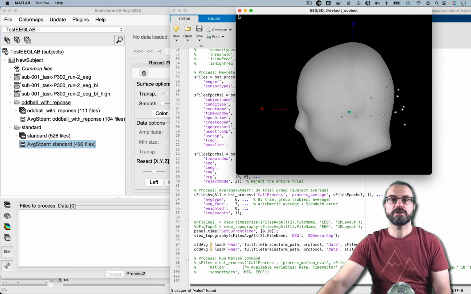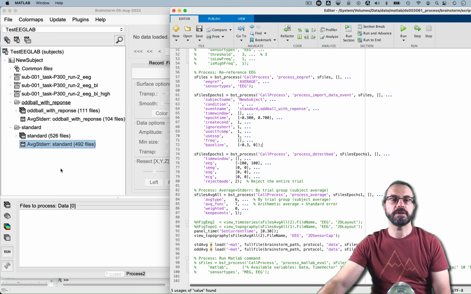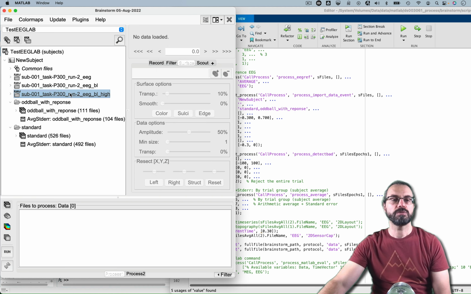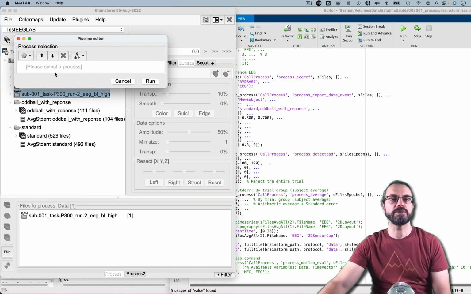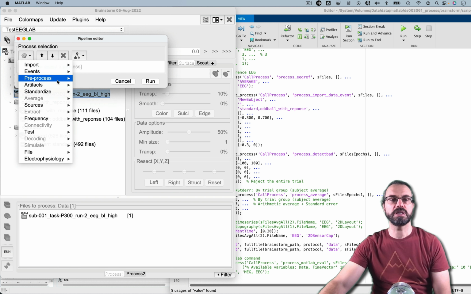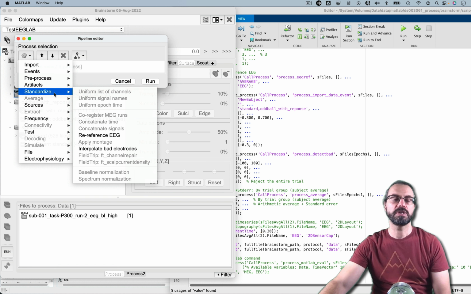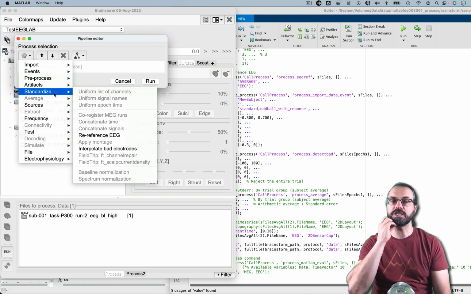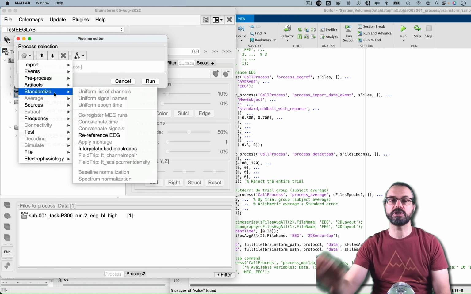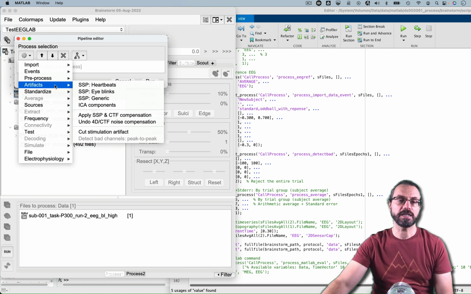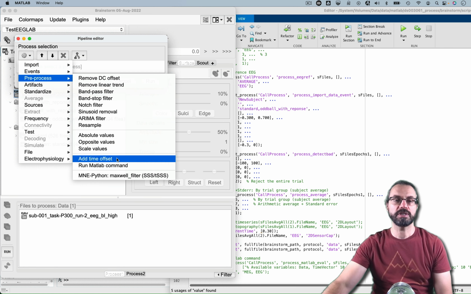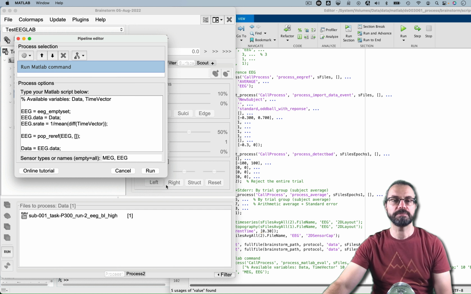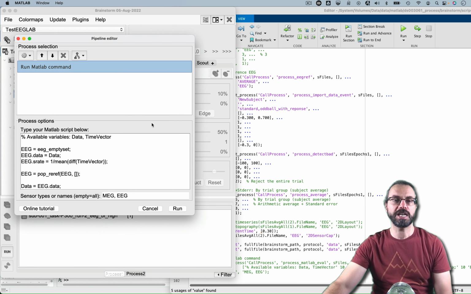So the last part I wanted to show you here is a cool feature, which is when you use the pipeline, you can actually run some custom MATLAB code here. And apparently you can also create plugins easily. That's documented on their webpage. If you put it in a specific folder, it's going to detect them automatically. But this one is nice to run MATLAB commands. So because I have EEGLAB on my path,